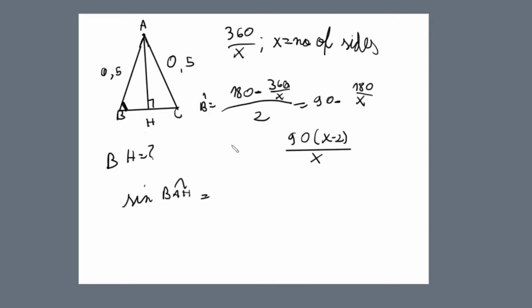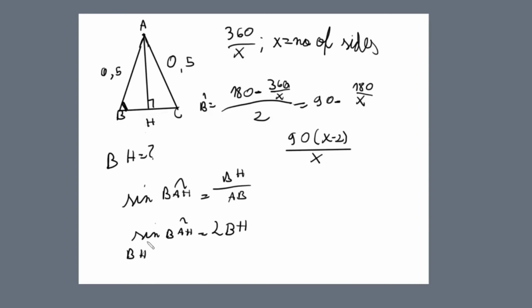So the sine of BAH is BH all over AB. So the sine of BAH is equal to 2BH. Remember, AB is 0.5, and dividing something by 0.5 is like multiplying it by 2. Perfect. So the sine of BAH is equal to 2BH, which means that BH is equal to